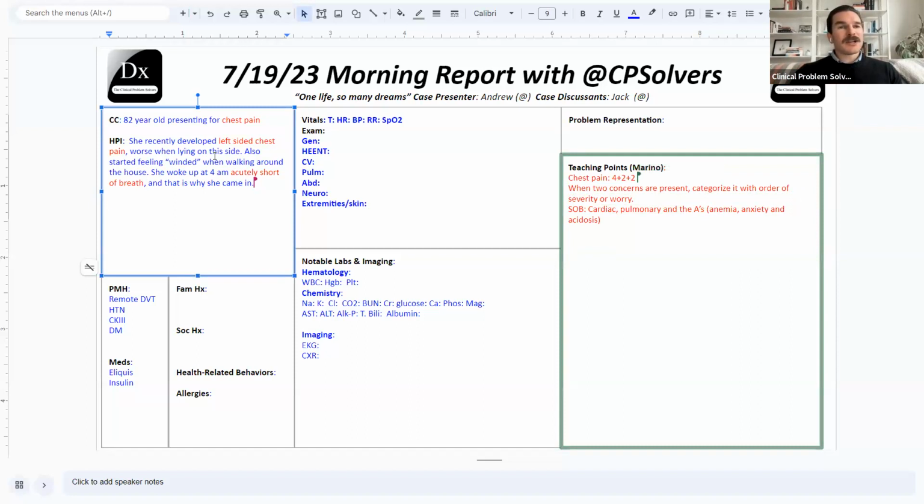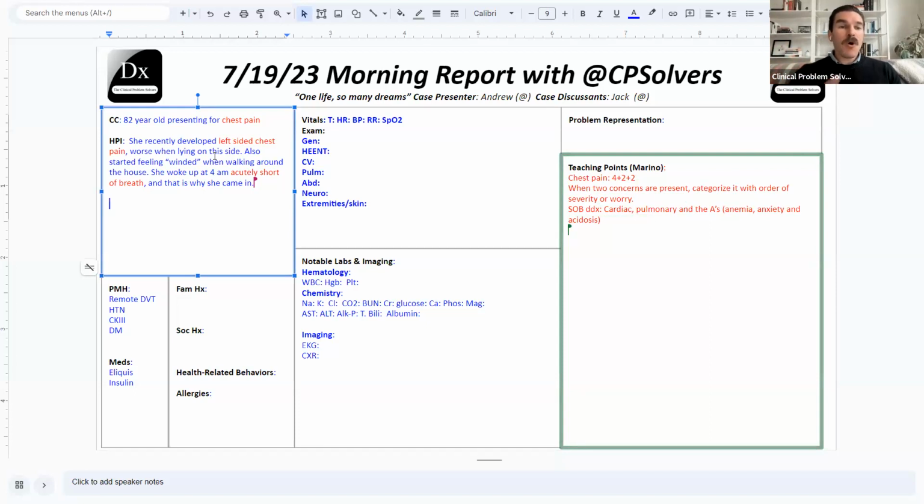I find that distinction helpful because we can use so many clues from the history and from the exam to help frame the probabilities of those. Most of the cardiac causes are going to come with a specific syndrome, and that syndrome is usually going to be one of angina or one of heart failure, so there's a syndrome of volume overload coming along with it. Whereas the pulmonary causes, more often than not, will have some syndrome of inflammation associated with it, whether it's fevers and sputum production in the setting of pneumonia, or maybe a recent inflammatory illness that could bring up the possibility of a pleural effusion or something else in that picture.